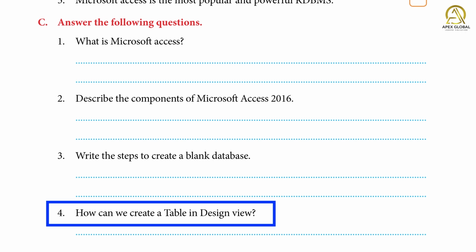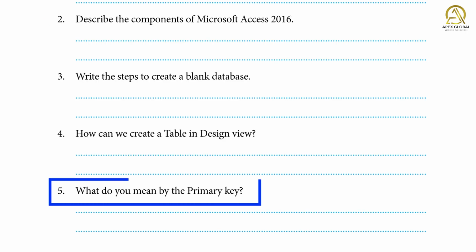1. In the field name, add a column name for the table. 2. Select an appropriate data type for the field from the data type drop-down list. 3. Add text in the description to enter a few more details about the field. 4. Save the table by clicking on the Save option in the File tab. 5. What do you mean by the primary key? Answer: